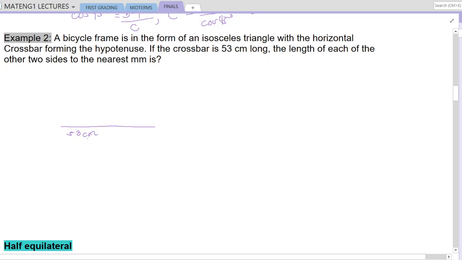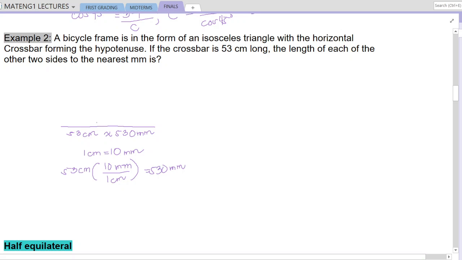Okay, so having this one, we just have to convert this one directly to its millimeters. So that is also equal to 530 millimeters, since 1 centimeter is equal to 10 millimeters. Okay, so converting that one, that is 53 centimeters multiplied by 10 millimeters per 1 centimeter. Okay, so that is equal to 530 millimeters, since the requirement is in millimeters.